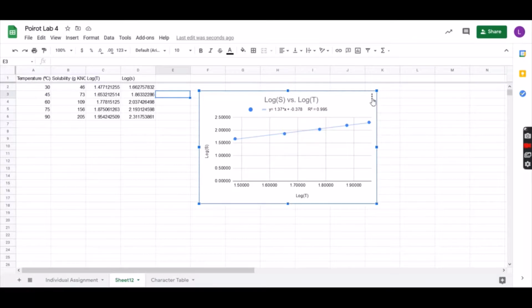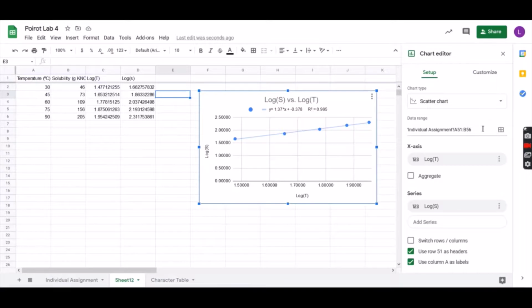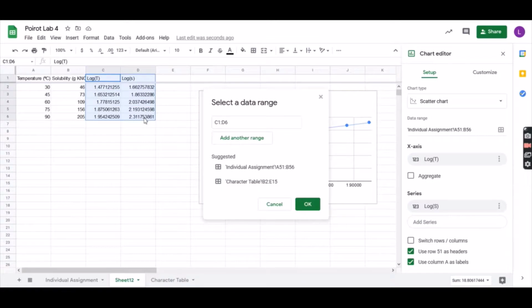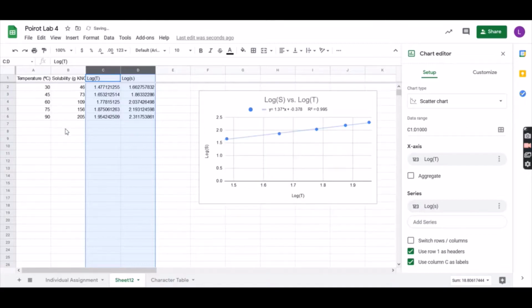Now we're going to make sure that our data is in the right range. So we click these three dots and Edit Chart. Right here, as you can see, it's telling us it's getting this data from individual assignment. We want to be getting it from this main sheet right here. So we click this box with the four windows in it, and select our data. We could just select this individual data, or we can click up here on the columns, click and drag, and it's going to use any of the data right here. Part of the reason we want to do that is if in the future we're using this template to do a different